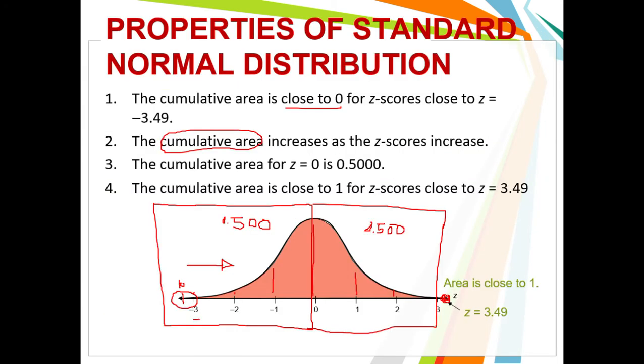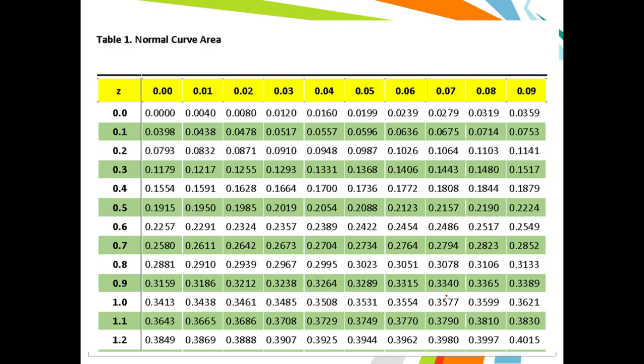Okay? So yung ating curve, no, mahirap magbasa ng mga values or mag-measure ng area using the curve. So that's why we have the normal curve area na table. So this is one version of the table. Iba-ibang books have different versions because they have negative values na andun sa table. For this one, wala siyang negative values. Instead, positive values lang siya. And the area measured starts from 0.